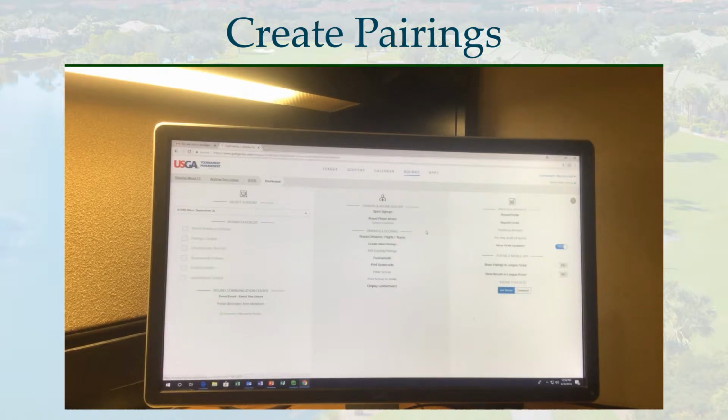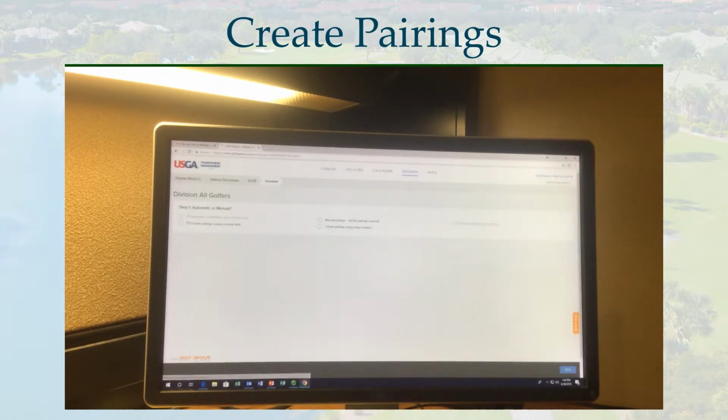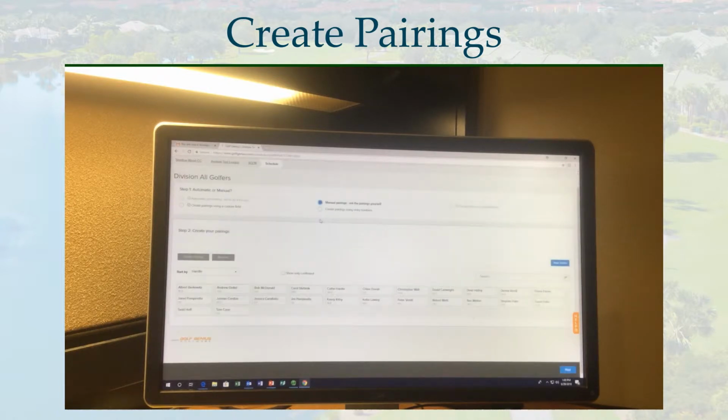Once you click start planning the round, we have a couple different options from here. We can create new pairings, is what I would recommend. So if we go in and create pairings, we're going to manually create the pairings for this round. As you can see, it brings up everybody in your league. I like to sort by last name just to make it easy,